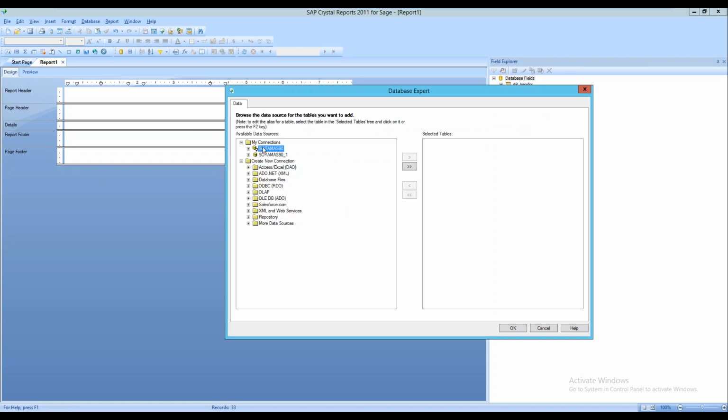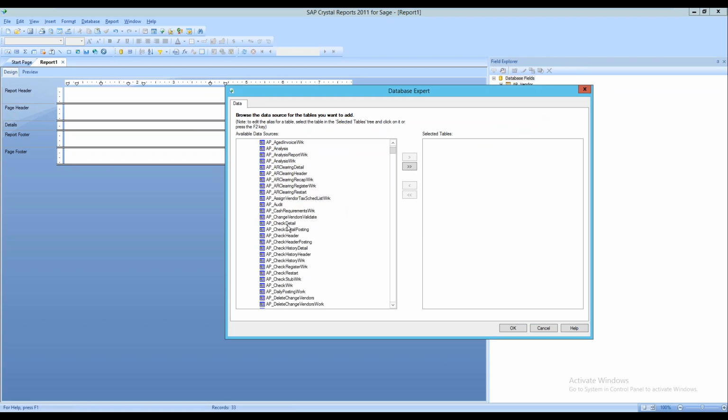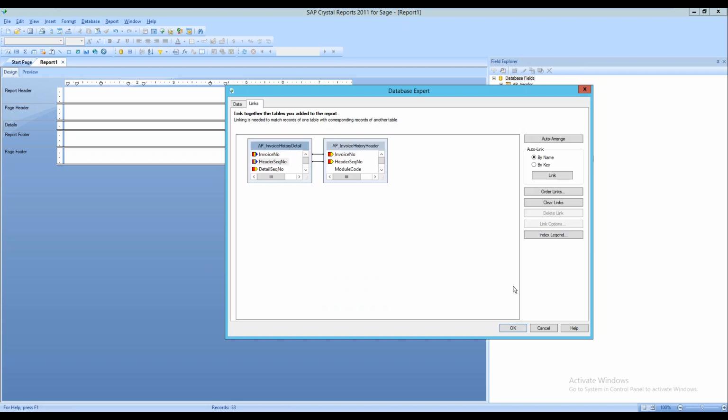And then you could say, I want to select again, and you're just basically picking it up. In this particular one, we'll pick invoice history detail, and we'll grab the header as well. So I'm going to grab the invoice history header and detail, and I'm going to link those up. I may not use anything out of the header because I'm really looking to do a file with the detail